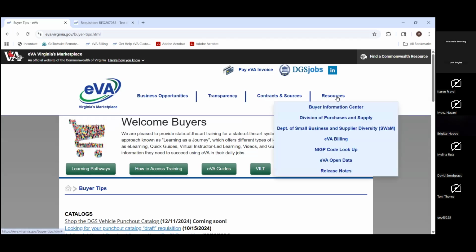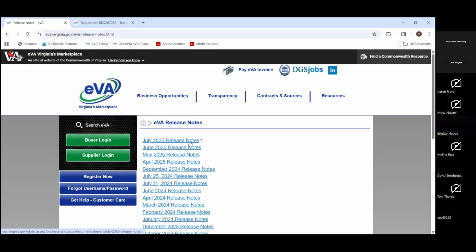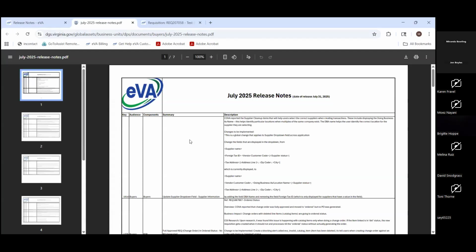One other section that I'd like to point out before we get to where you can go and find UAT is release notes. All right. So we do know that there's a lot of things that have been happening as far as the system is concerned. So you may be able to find some of what you're looking for. We have it broken down by audience, okay, the summary, and then the description, okay? So what's coming, changes that are going to be implemented. So just want to point that out for you guys, but we have some great information on the website. Now,